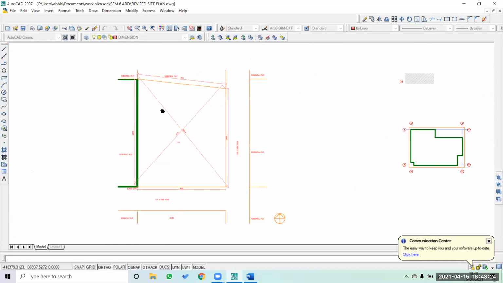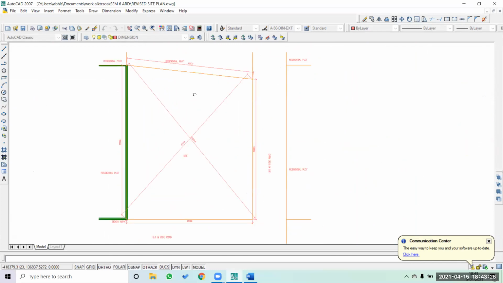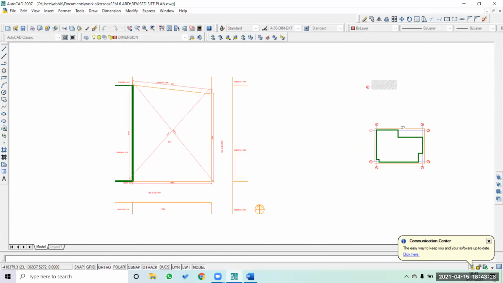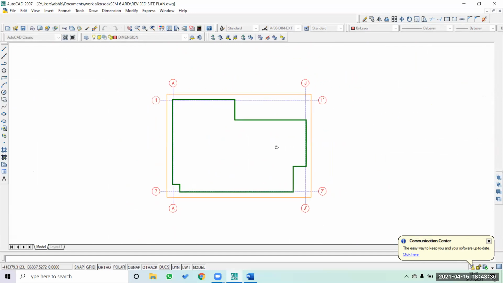The first step you have to do is to get your drawing to this level. This is a hypothetical plan which we have.